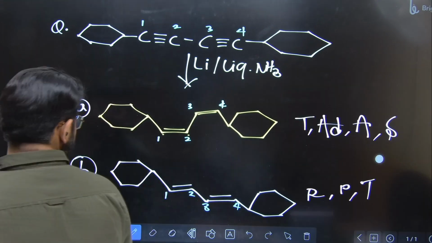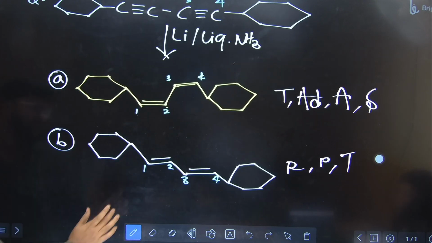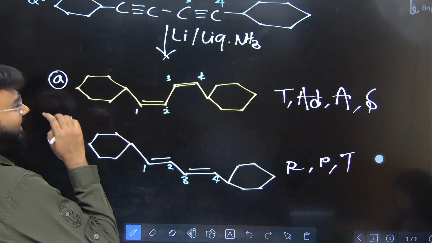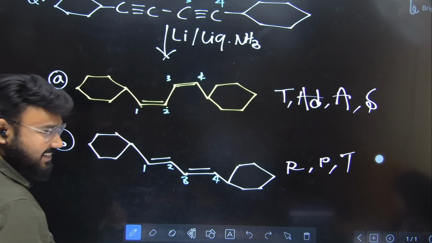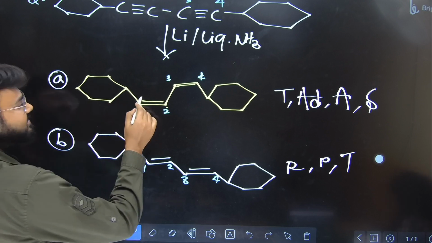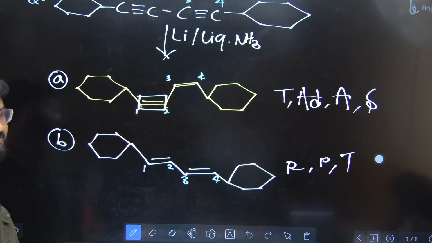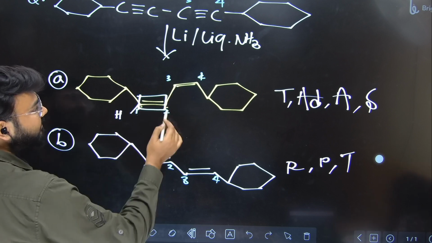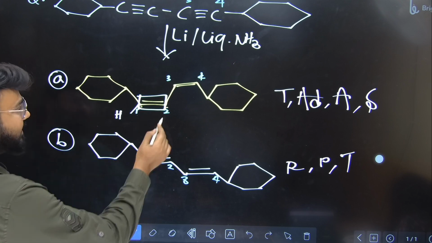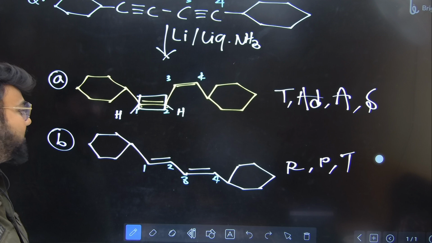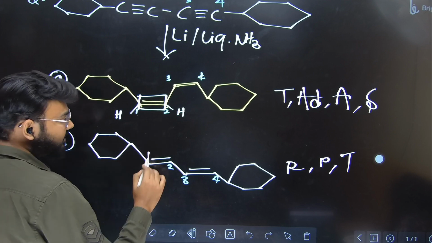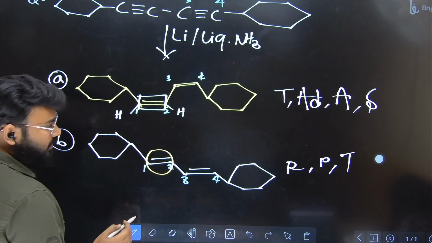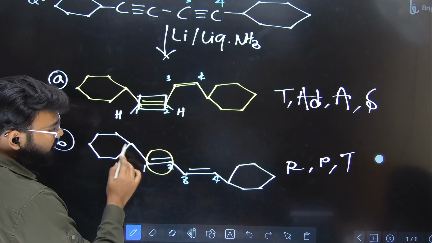Guys, it's very simple. Let me tell you now. See, trans means the bigger groups are on the opposite sides. So let's explore A first, where all the girls have voted. See here, if this is the double bond, it means if the bigger group is here, there is a hydrogen. And if the bigger group is there, getting my point? That means there is a hydrogen. Now similarly, check this out. If the double bond is here, wait, I'll use a different ink. If the double bond is here, the bigger group is here,